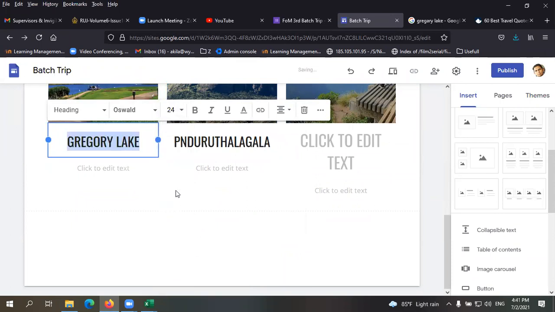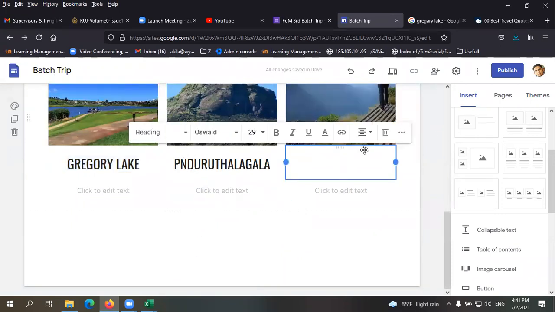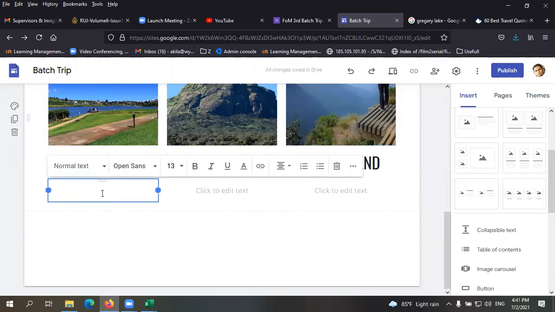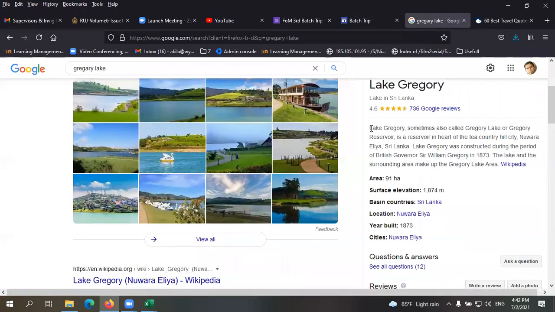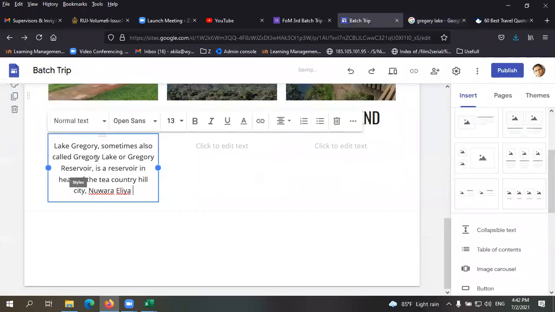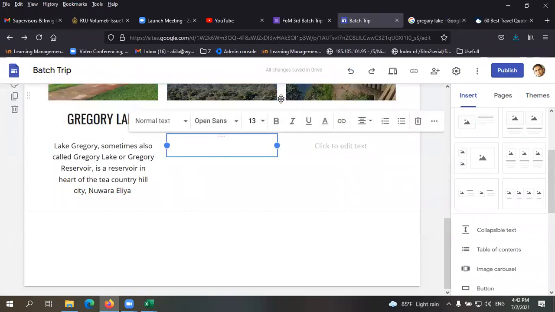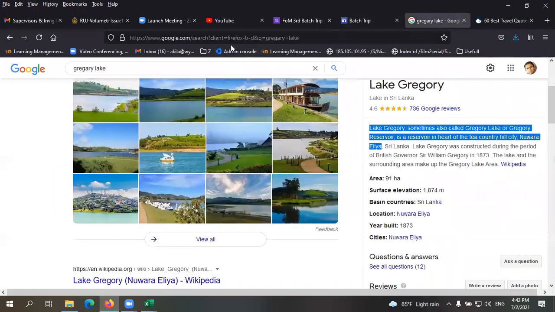See, you can edit all the, or you can format all the text that you can add here, right? Right. Again, you can add description. Some text there.